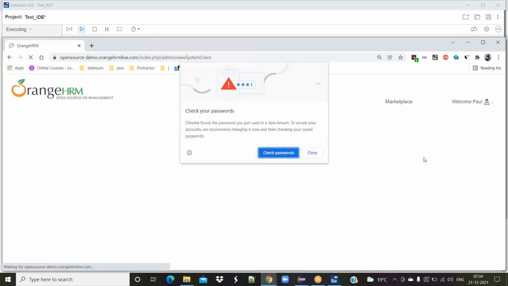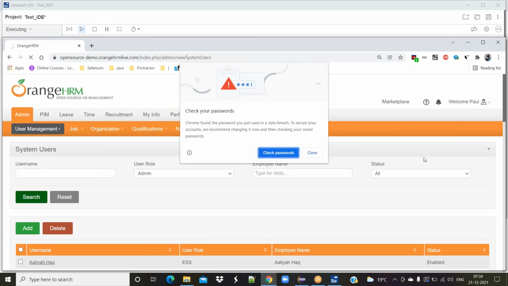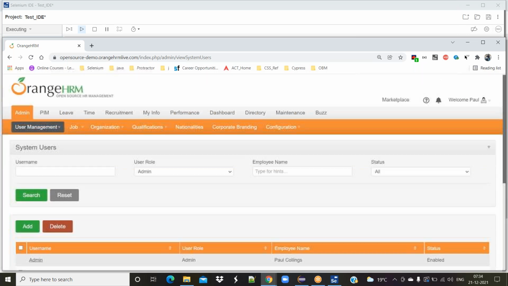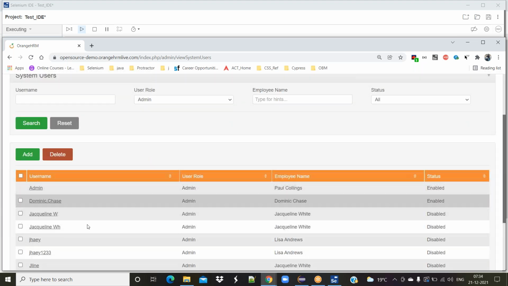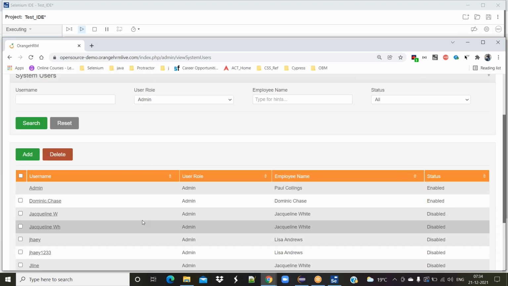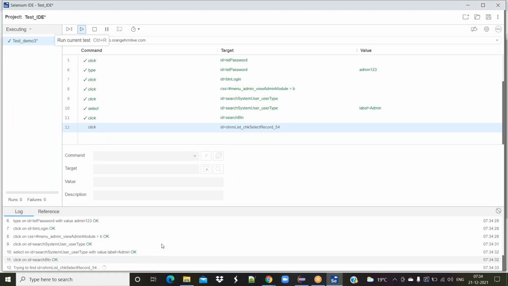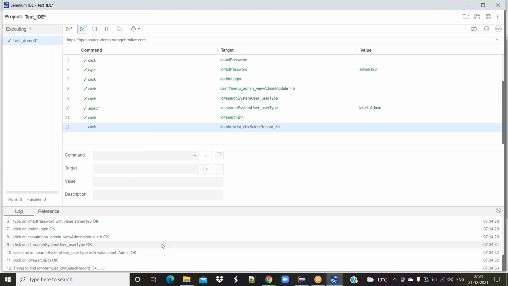You can see here, it enters the username and password. It selected the user role. Yes, it clicked on the search. You can see it selected the admin from the user role and clicked on the search. If you see all the steps, the script is still running.